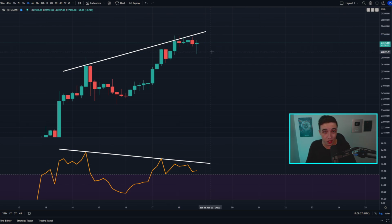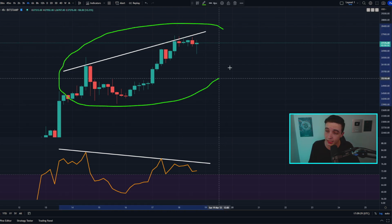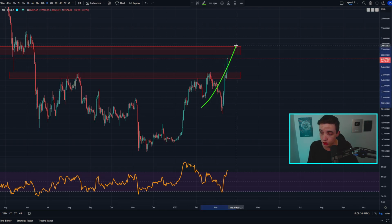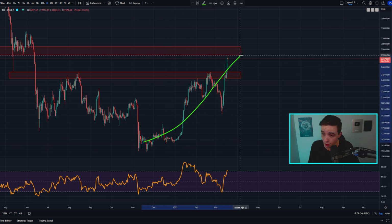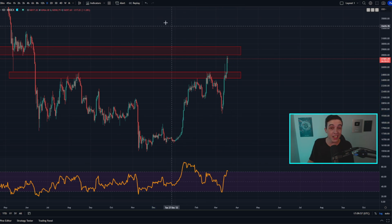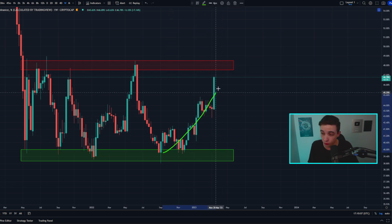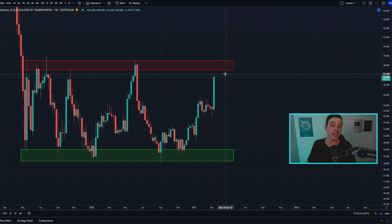But it is important to understand that this is only in the shorter term and does not change the larger signals that we're seeing here on the daily time frame, for example. And now if you're taking a look at the Bitcoin dominance, this is obviously still very much in a bullish trend here on the weekly time frame, as it has been over the last 3 to 4 months. So this basically means Bitcoin is still outperforming the majority of the altcoin market on average,